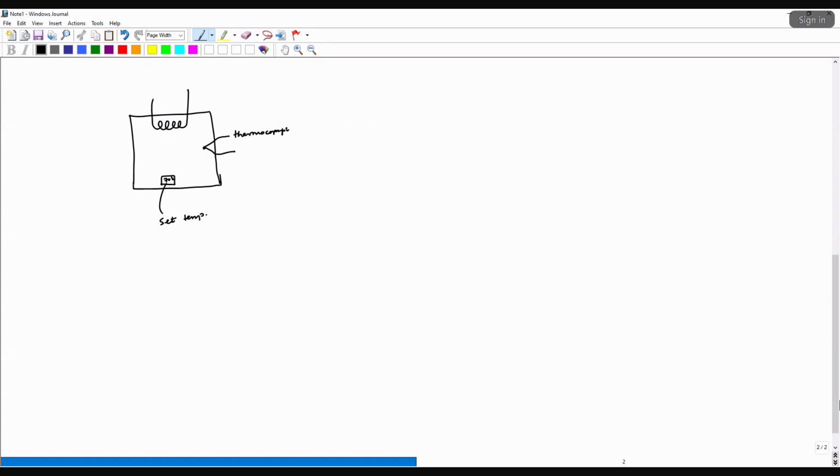And so in this case, the inside of the oven becomes basically the process input. The set temperature basically becomes the process input, and the thermocouple basically acts as the sensor,